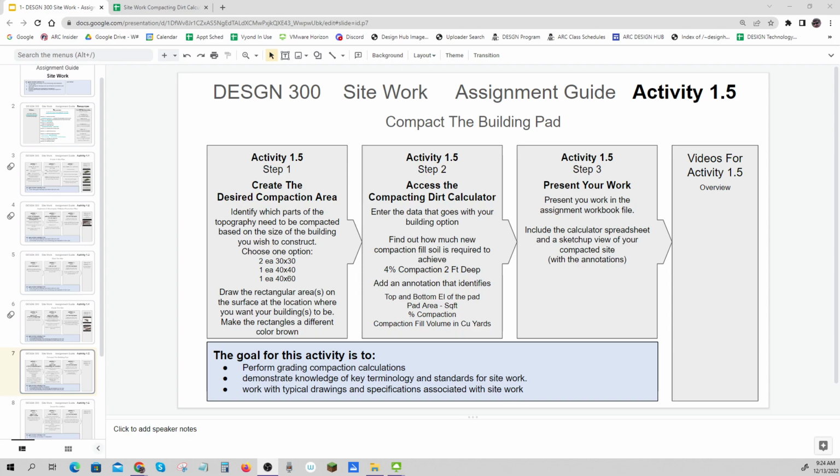Okay, so now we have to figure out how much dirt we need to bring on site. It's very interesting. I'm going to compact, and when I compact it, it squishes it down, and it would leave a little bit of a depression or a hole unless I filled that back up as I compacted it. In addition,